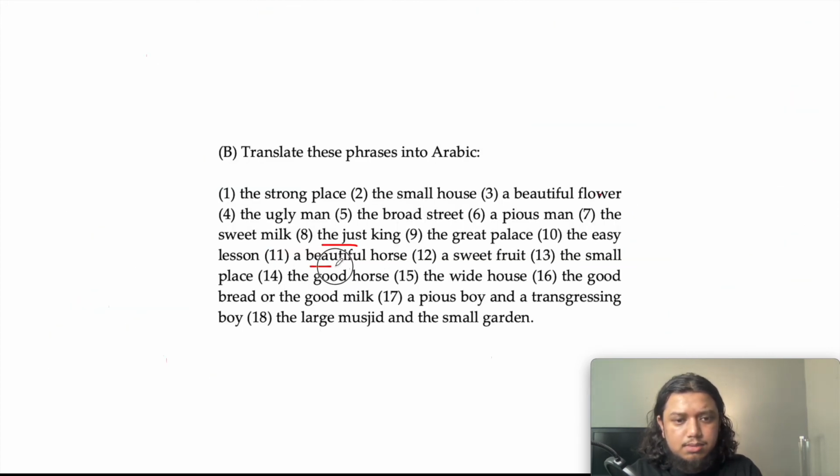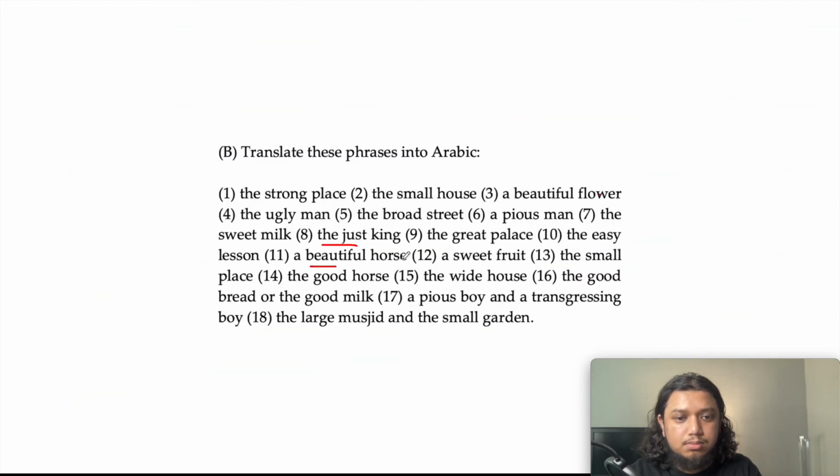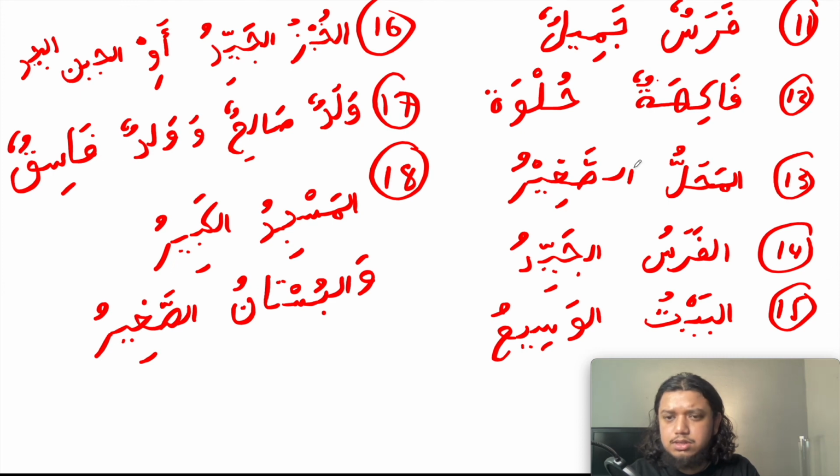Number 11 is a beautiful horse, so that is farasun jamil. As I mentioned, jamil means beautiful. Number 12, a sweet fruit. I don't think the word fruit has been mentioned. If it has, maybe I forgot, but fakihatun hulw. We've learned that hulw means sweet. We haven't learned how to make words feminine yet, so we can ignore that for the time being, because fakiha is a feminine word, therefore the sifah has to be feminine too, but this will be covered in lesson 4,